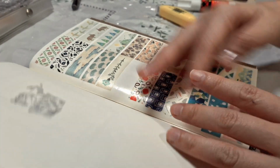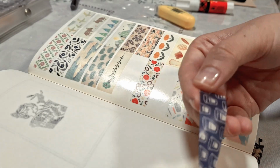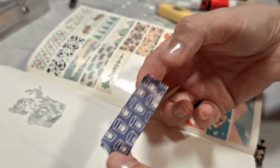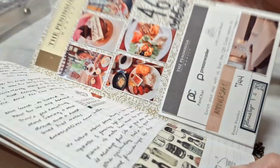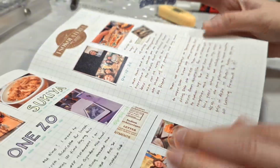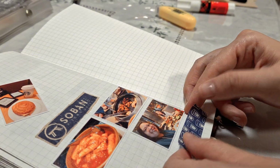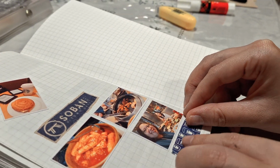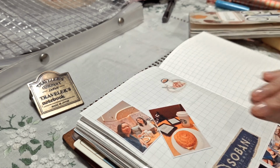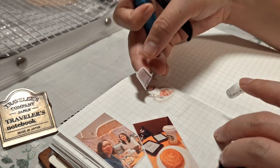Now it's time to add some decorations. I chose a strip of Kita tape with a clear glass design in blue. The blue tone complements the blue in the Soban logo. I'm also adding a washi sticker with coffee and bread for the top half, and a book sticker which came